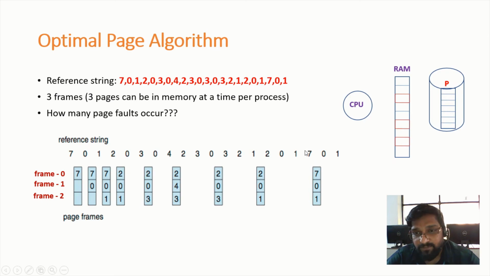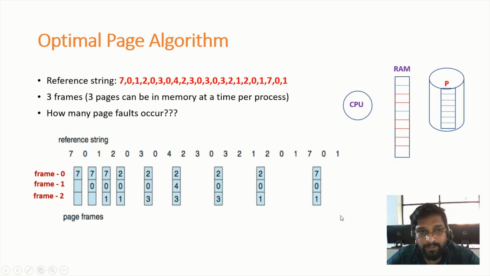Next, CPU is requesting for page number 7, and page number 7 is not present inside the RAM. Since page number 7 is not present inside the RAM, we are going to call this as a page fault, and we need to move this page number 7 from hard disk to RAM, right? Now, the question is which page number needs to be replaced with page number 7. So for that we need to see near future. In near future, I need page number 0 and I need page number 1, right? And the leftover is page number 2. So therefore page number 2 should be replaced with page number 7, right?